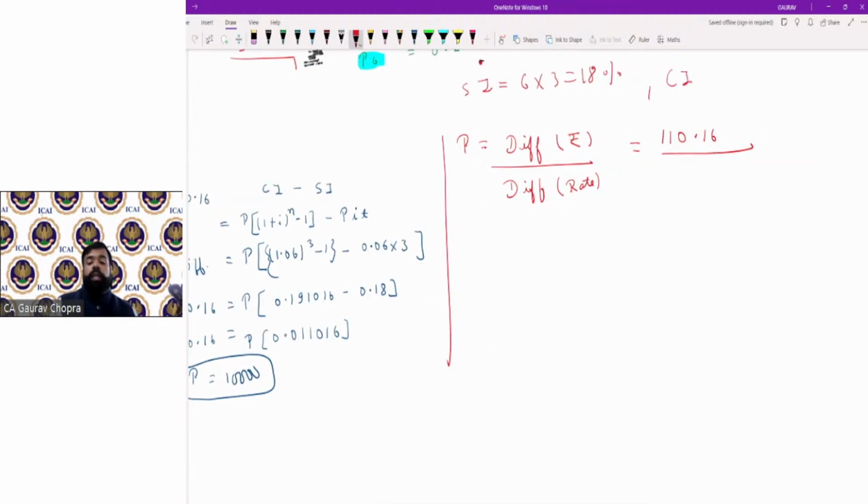जबकि कंपाउंड में कितना मिलेगा, तो कंपाउंड के लिए आपको क्या निकालना पड़ेगा, इफेक्टिव रेट. तो डायरेक्टली कैलकुलेटर पे फाइंड कर लो इफेक्टिव रेट. अभी आपने पीछे कैलकुलेट किया है, तो कैसे कैलकुलेट करना है, 1.06 पावर 3 माइनस 1 और परसेंटेज में निकालना है तो मल्टीप्लाई बाय 100, you are getting 19.1016%. तो ये क्या निकल गया आपका इफेक्टिव रेट। बट हमें डिनोमिनेटर में क्या चाहिए, डिफरेंस ऑफ द रेट्स, इन दोनों का डिफरेंस। So what is the difference between these two, it is 1.1016%, don't forget to use percent because हमने सब कुछ परसेंटेज में निकाला है। नाउ जैसे ही आप दोनों को डिवाइड करेंगे you will get the answer 10,000 on your screen, that's it, okay।